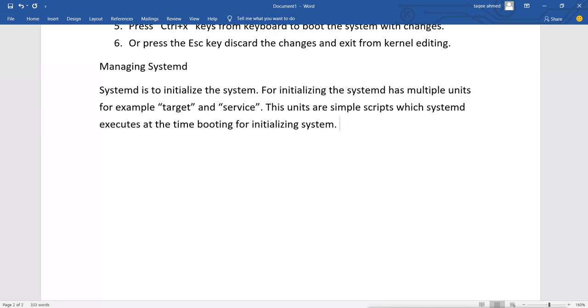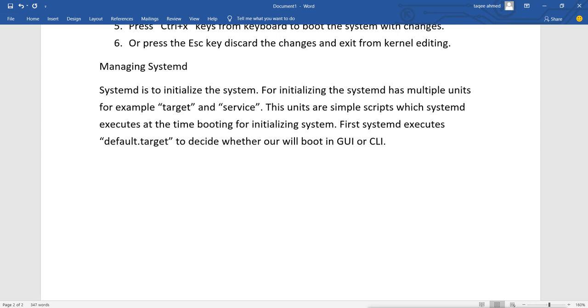Now first systemd executes default.target to decide whether our system will boot in GUI or CLI.